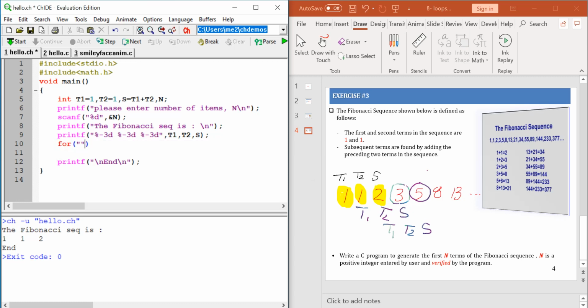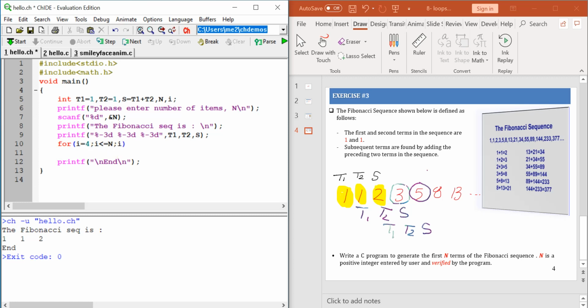In this loop, say i equal to 4, start from 4 because terms 1, 2 and 3 are known. i should be declared, by the way, so we'll go to the top and declare it. i should be less than or equal to n,